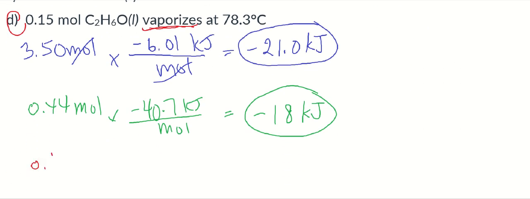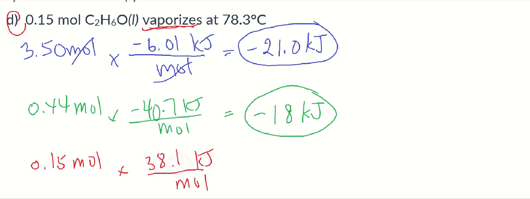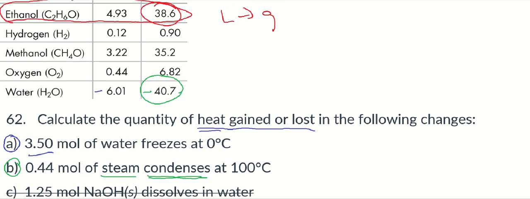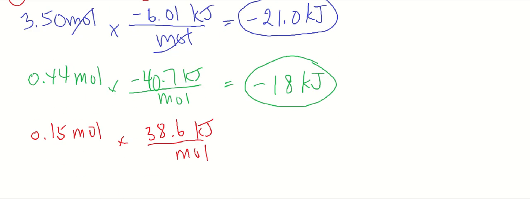Let's start with the number given, 0.15 moles of ethanol, and let's turn that into kilojoules, which was 38.6. Let me just check. Yep, kilojoules per mole, moles cancel out. Punch those numbers in: 0.15 times 38.6. We need two significant figures here because there's only two there. 5.8